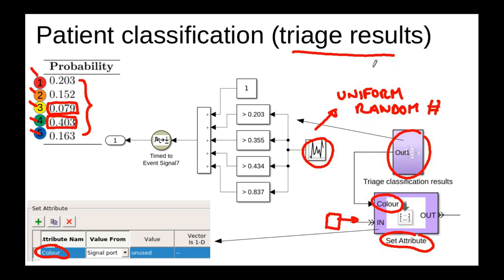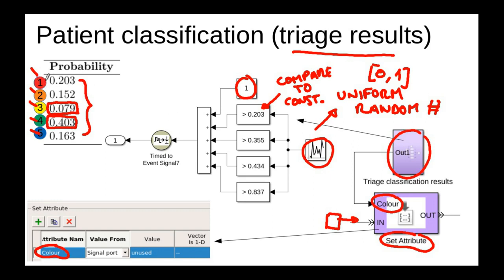This uniform random number goes from 0 to 1. So then here I have different blocks that are called compare to constant. Here I have added the result of these 4 functions and 1. As you can see here,